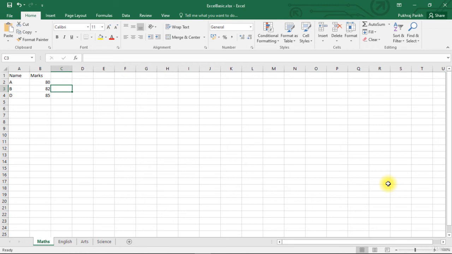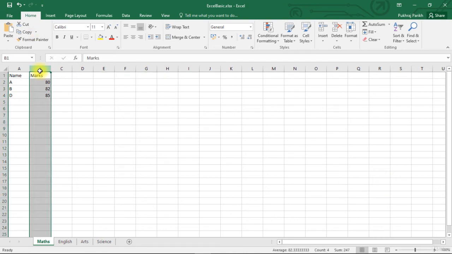Last thing we are going to cover in this lecture is the hiding and unhiding functionality. Often we keep extra data in rows and columns or even worksheets. This data may not be useless. The data may have been used for calculations and we may not want to show these calculations, or the data may not be relevant to the person to whom we are showing our worksheet. For example, we may have an additional column of marks here containing midterm marks. Let's enter this sample data quickly.